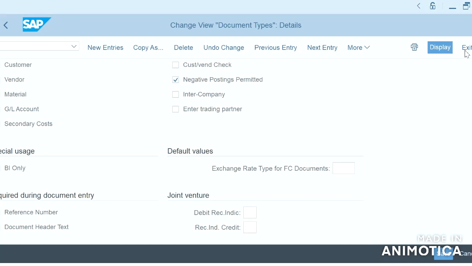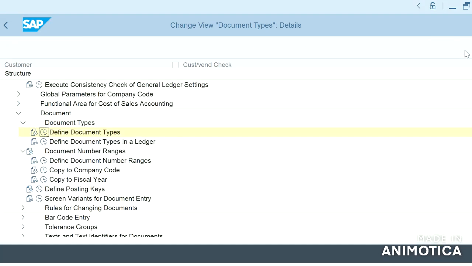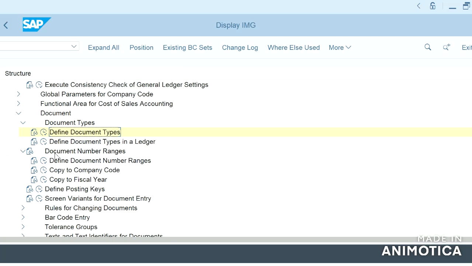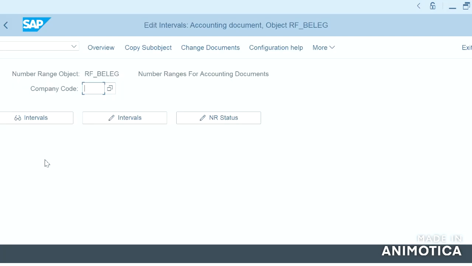Let us move on to document number ranges. We have copied the number ranges from the standard company code. Let us see what the document number ranges actually look like.